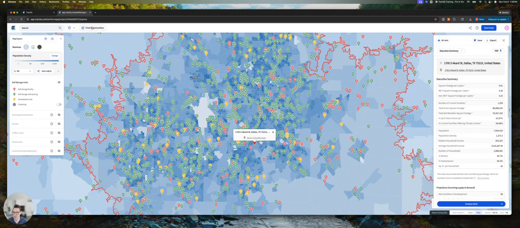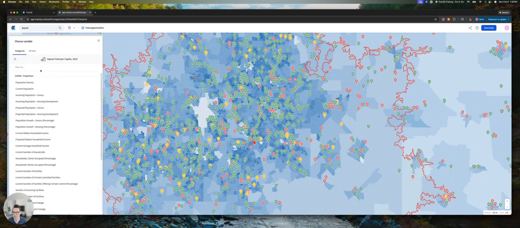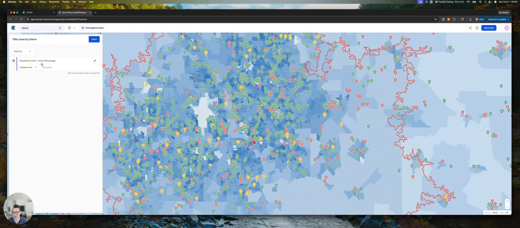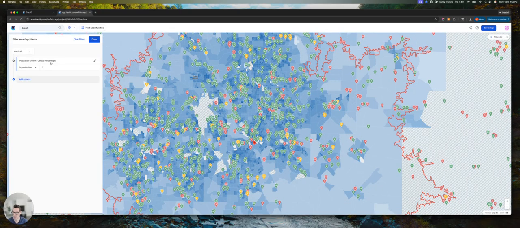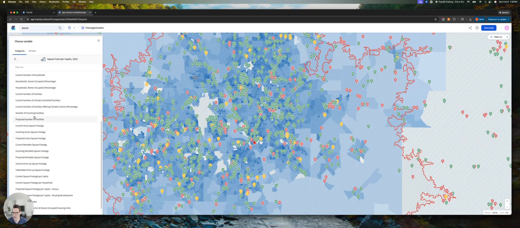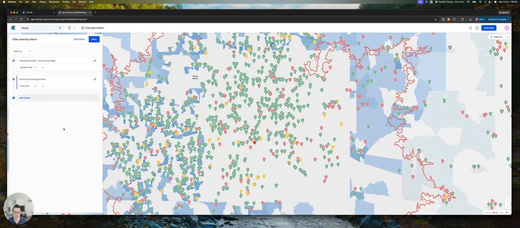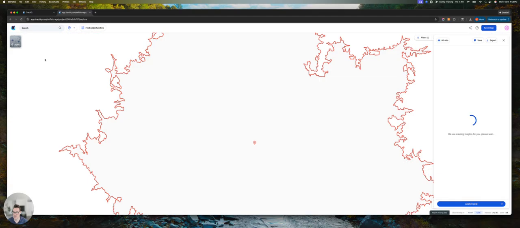Now I can also do this by finding areas that match specific criteria. If I click on this, I have a drop-down option where I can again set up specific criteria. Maybe I'll say I want an area that has over 5% population growth, but I also want an area that has less than 2 facilities in the development pipeline. So now what you'll notice